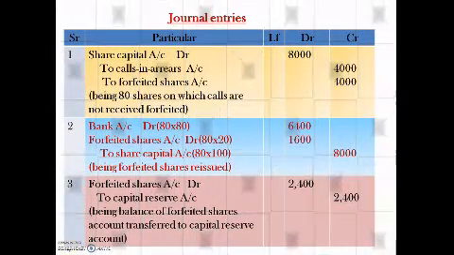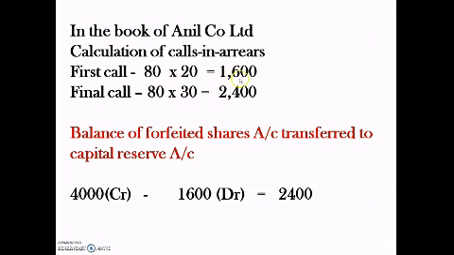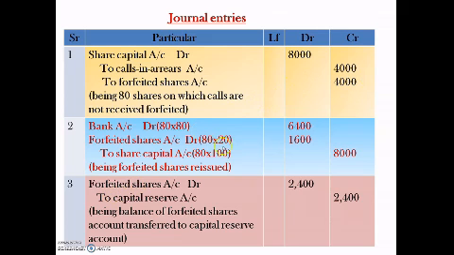Okay, fine. Now see the journal entries. First entry will be the calls in arrear entry: share capital account debit to calls in arrear account to forfeited shares account, being 80 shares on which calls are not received forfeited. Mr. Sunil failed to pay on the 80 shares the first call and final call, and his shares are forfeited. So first of all we have to write the two calls in arrear, 1600 plus 2400, total 4000. In the credit column, first we have to write this amount, that is calls in